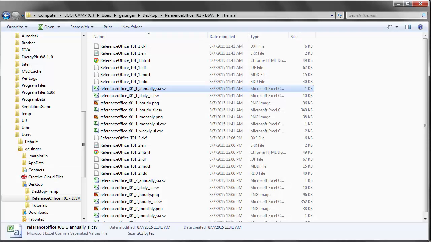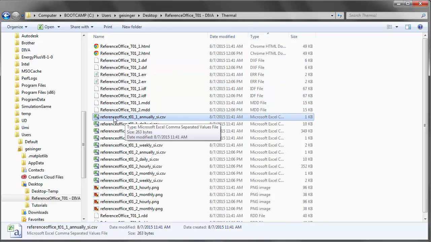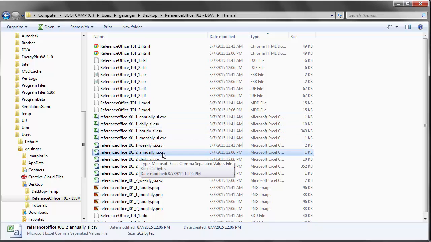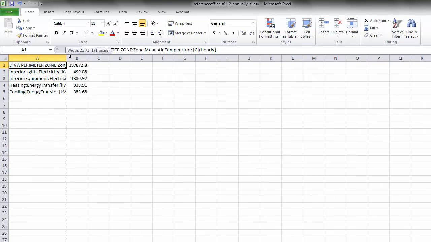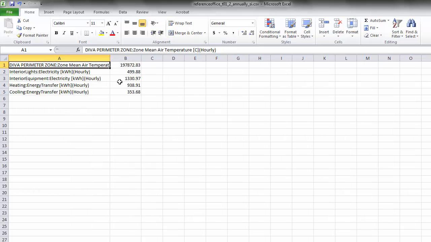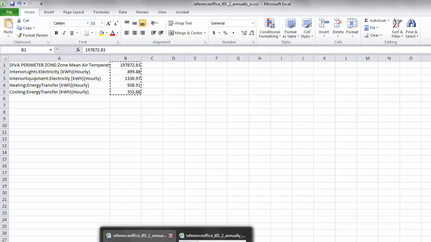So now if I go back to my local project directory under thermal, that same folder where I opened up an annual analysis for the first iteration, and if I scroll down, let's just say I organize these by type. Here's my annual result for that first iteration, and then let's open up the annual result for the second iteration. That's located right here. It has a tag of 2, showing that it's the second iteration. So if I open that up, I have the same end use values, the same end use variables, and if I copy all those values into my initial scheme,